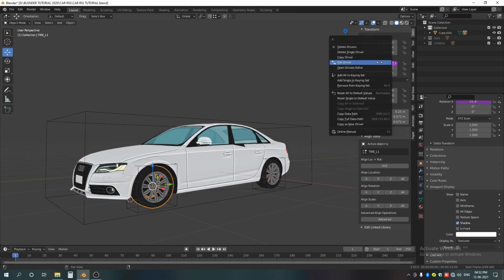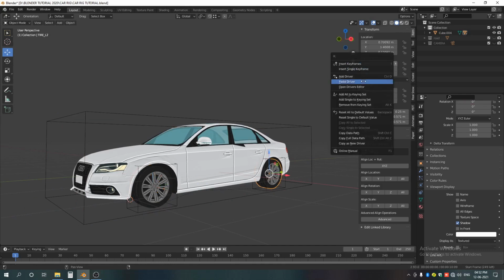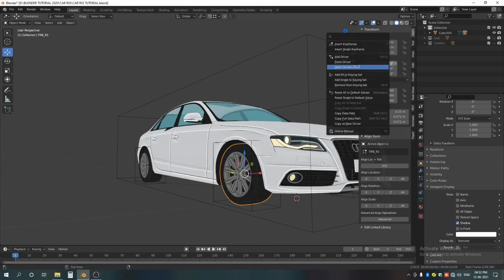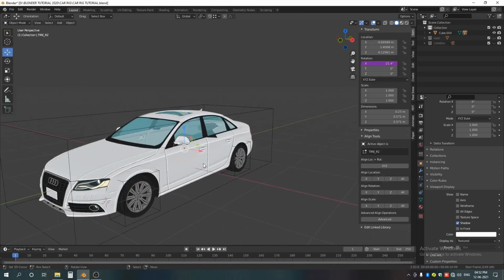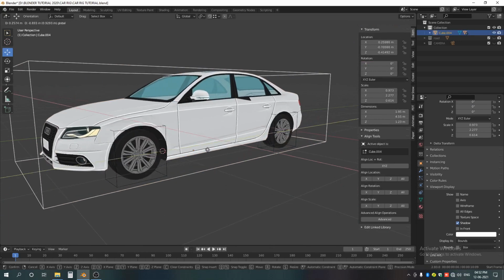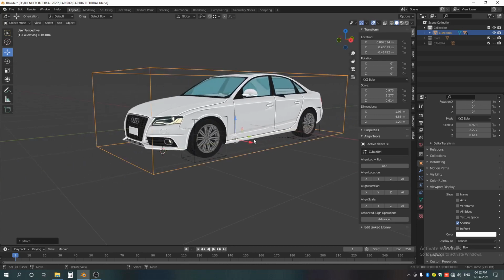And now we just have to copy our driver for all the tires and just paste it. Okay, now you can see that all the tires are properly working with this movement.